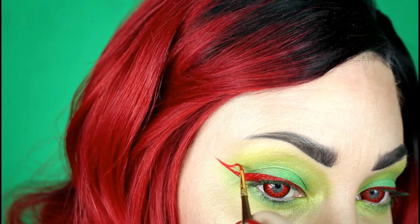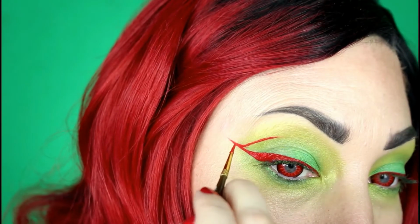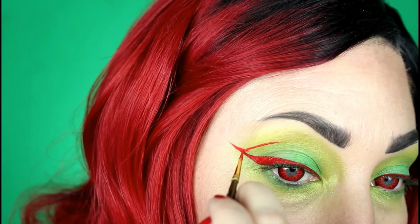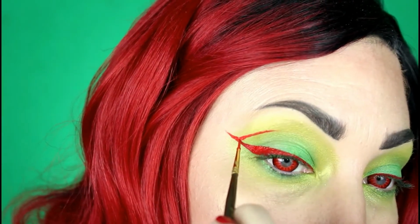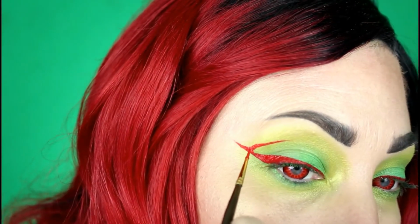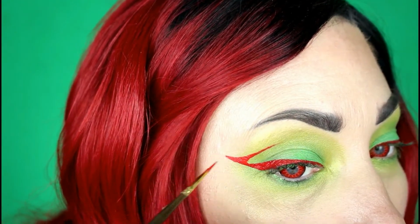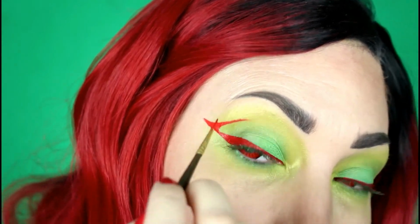I'm using an extremely small paintbrush here, and I'm just taking my time. This is not sped up. I'm just showing you exactly how I did it. Just small strokes, really carefully, and kind of scary because the red paint is really difficult to remove without staining